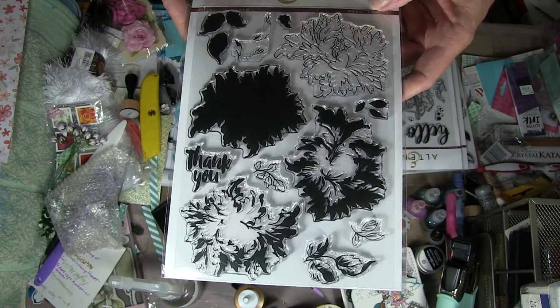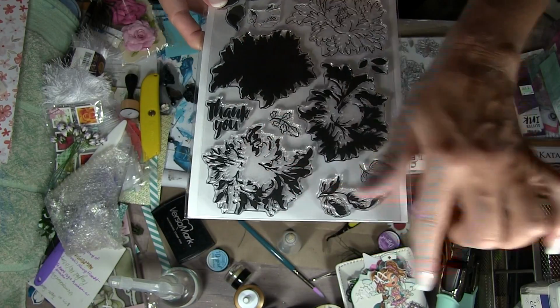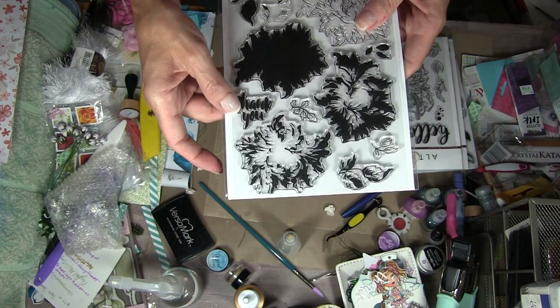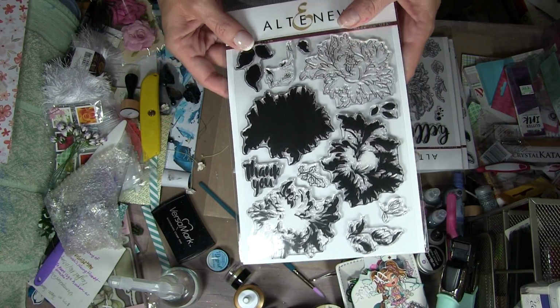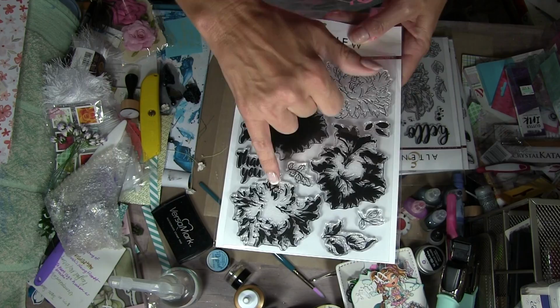And I just love the majestic flower. I mean, it's just gorgeous. And it has a big, I love their font there. It's like a chunky font, and that's what I like. Anyways, so I got that set, and they have the layering and more accompanying